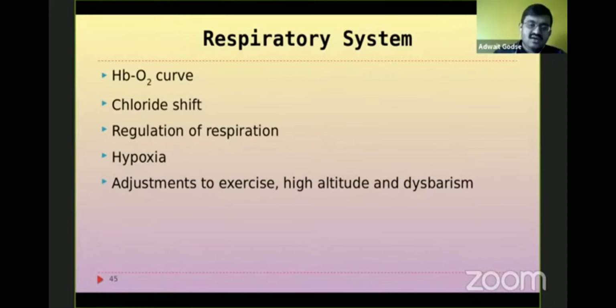Regulation of respiration, extremely important, mark it as very, very, very important. Can be asked as long answer question, can be asked as short answer question. Neural regulation has often been asked as long answer question. Chemical regulation has often been asked as short answer question. Hypoxia, another important short note, and sometimes questions come on hypoxia, individual type of hypoxia in multiple choice question. These are questions, last ones are concepts on exercise physiology and environmental physiology. Very rarely questions have featured on this.